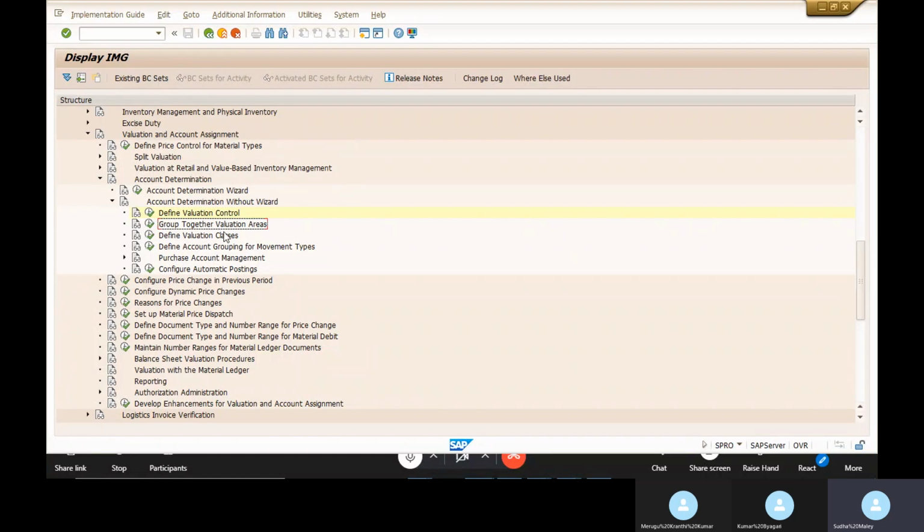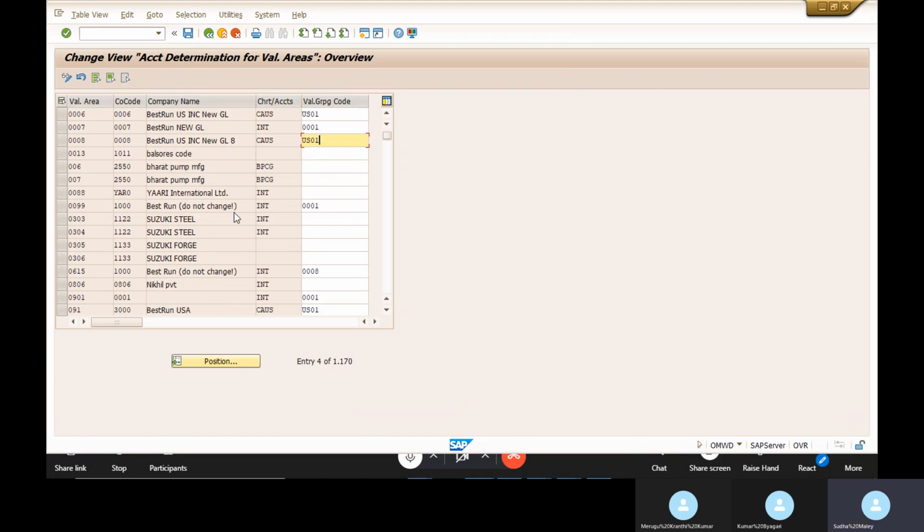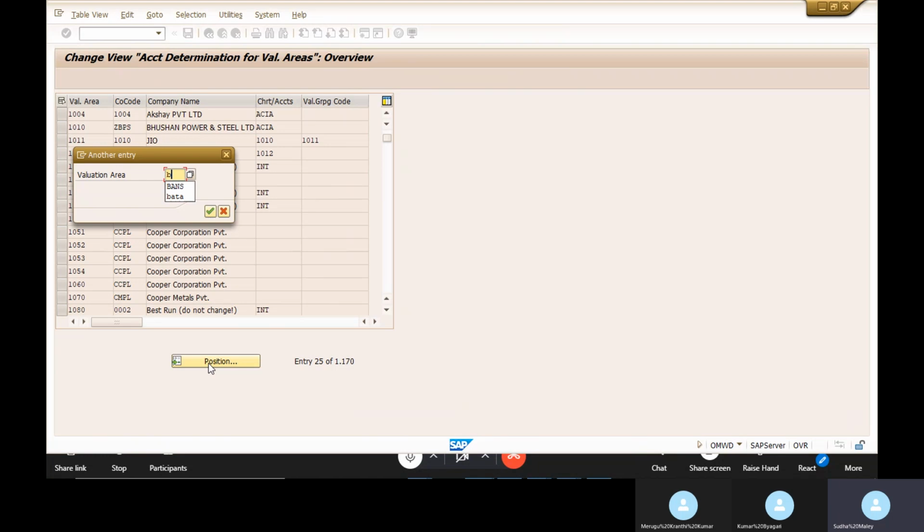Next go for group together valuation areas. For example, this is the plant, and 001 is your valuation grouping code. You can assign 001 to different plants, and different company codes also. Here you need to search for your valuation area.